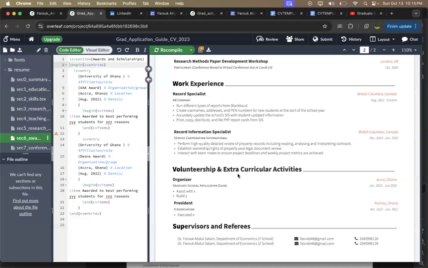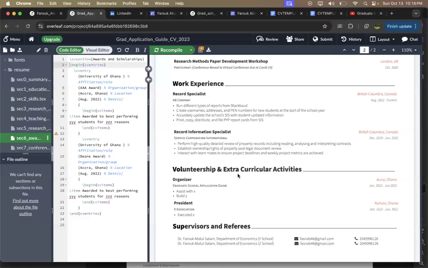Yes, so under work experience, please can you add experience from internships? Yeah, absolutely. Because I'm thinking for some of us who didn't have teaching assistantship opportunities and just went right into the industry, please correct me if I'm wrong, the work experience could be our opportunity to list down our experiences and probably intertwine them with the program that we want to do. Yeah, I totally agree.